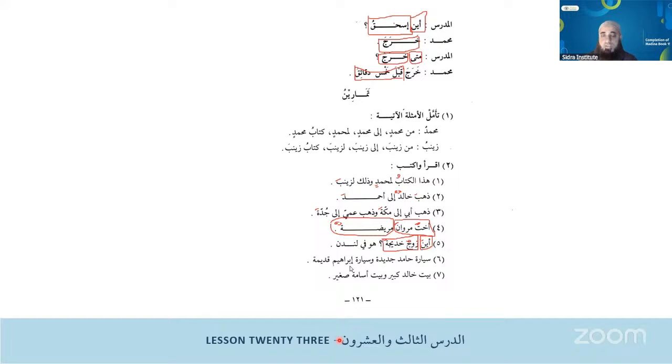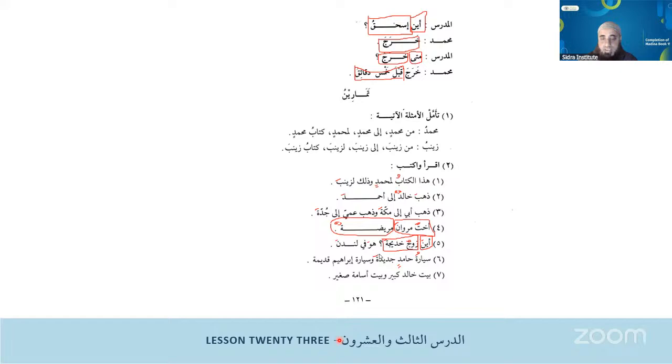هو في لندن. Okay, هو في لندن. He is in London. So هو مبتدا في لندن. Okay, غير منصرف. So we'll say it's عجمة. It's not an Arabic word and also it's a proper noun. هو في لندن. سيارة حامد. So Hamid's car